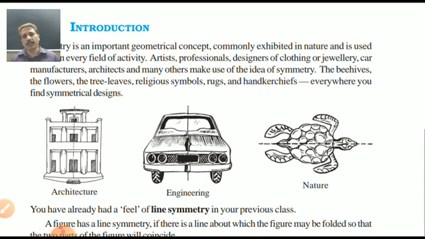Nature means a living being or not. We can say animals, plants also. So when you can find it and make it a two-piece or four-piece, you can find out one common thing, magic. Same left side, same right side, same top side as well as down side. Yes, so it is called the line of symmetry.